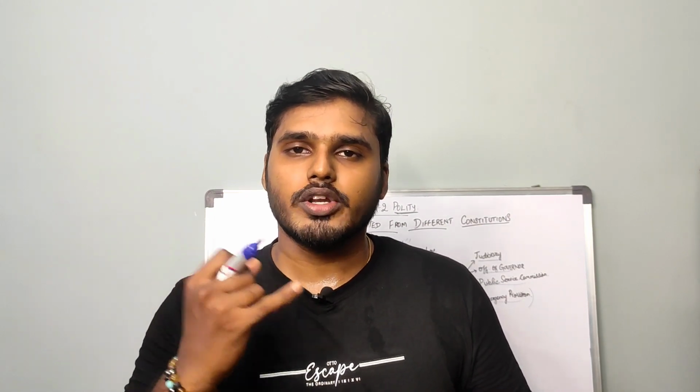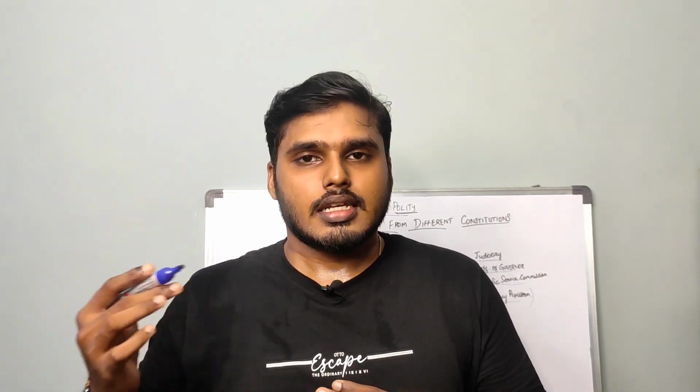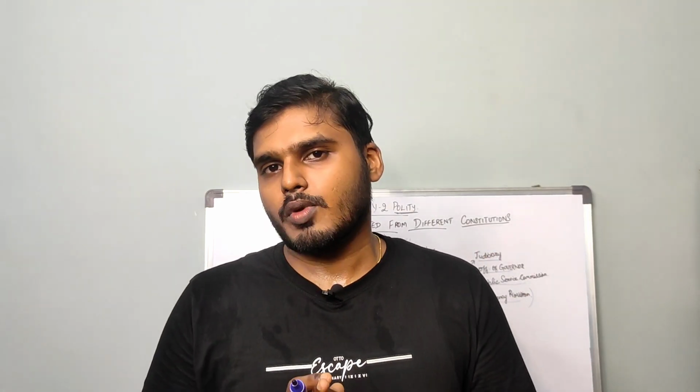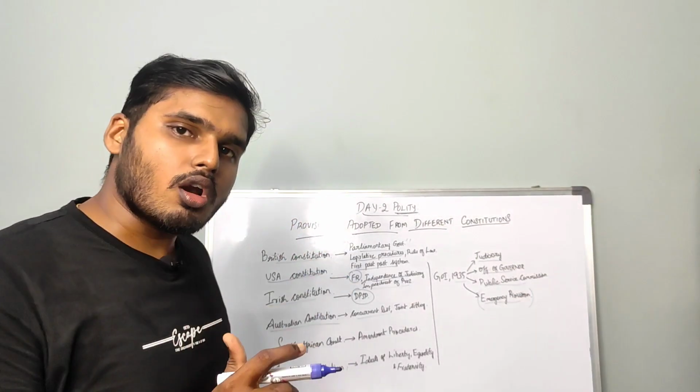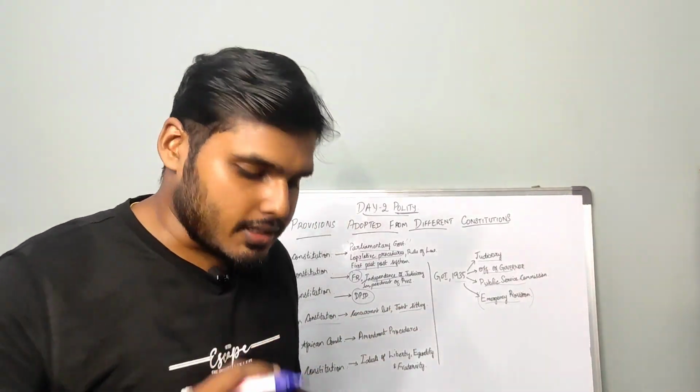Say, for example, the central government has the union list, the set of areas where it can make legislation and laws. The state government makes legislation and laws under the state list. There are a few lists where the state and the center can both make laws. This is called the concurrent list.